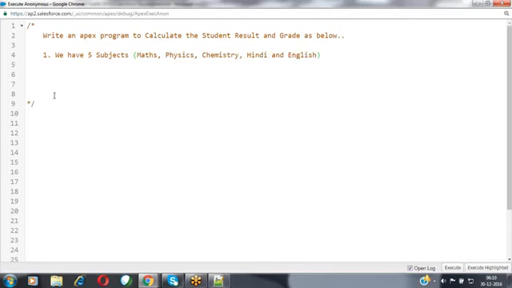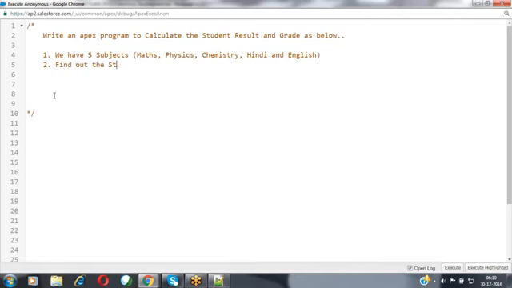These are the 5 subjects the student has given the examination. Once we have captured all these 5 subject marks, then I would like to show the total. But before that, first of all, I would like to calculate the result.